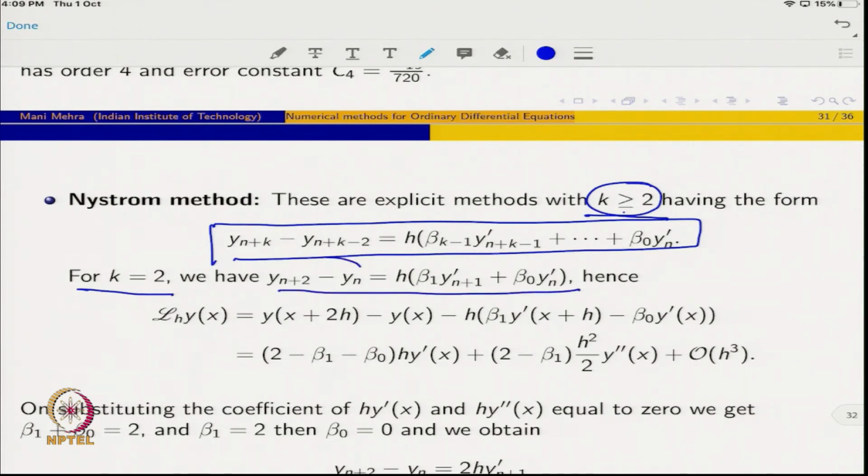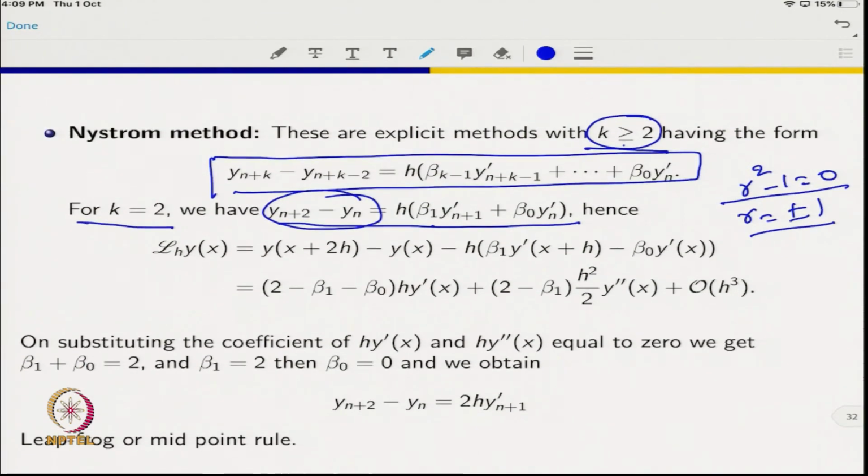If you look at it, the first characteristic polynomial will be this, and the roots of this polynomial will be this. So, it automatically satisfies the root conditions, and the coefficients will be determined in such a way that the scheme is consistent. So, finally, I end up with this,